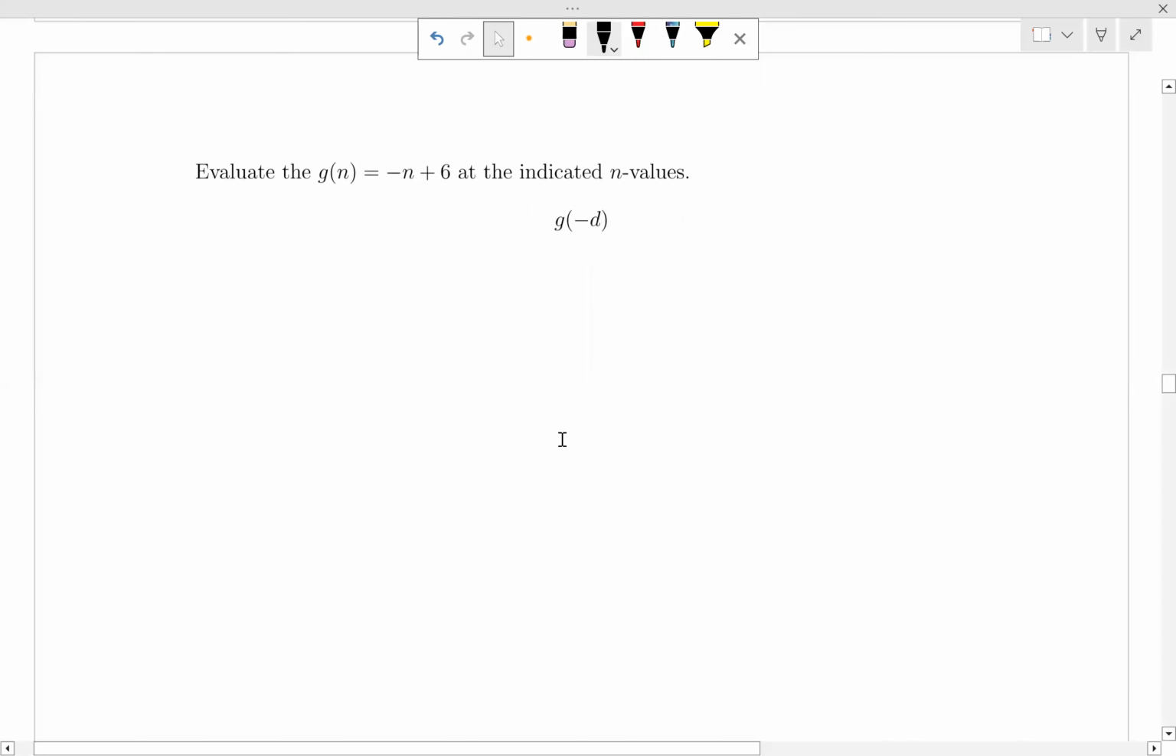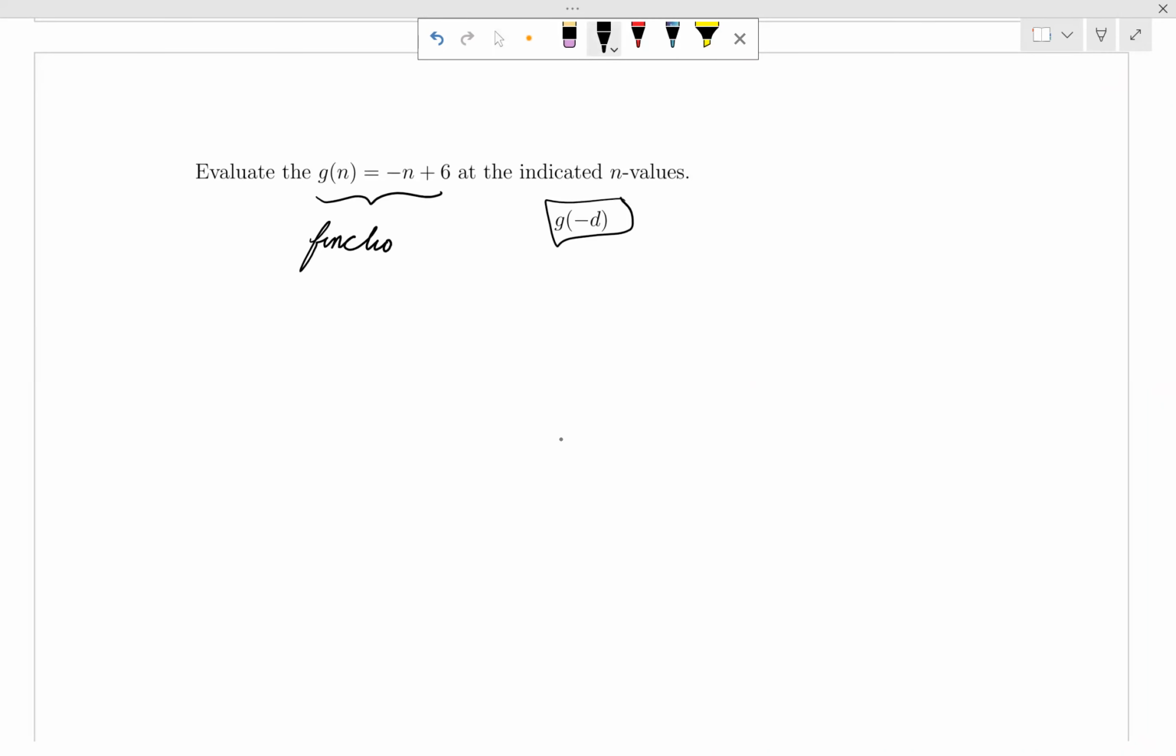Hey, so this problem wants us to evaluate the given g of n function that says negative n plus 6 at the indicated n values right here. All right, so g of n is a function, and we want to solve for g. They told us g of n is equal to negative n plus 6, and we're looking at what happens when